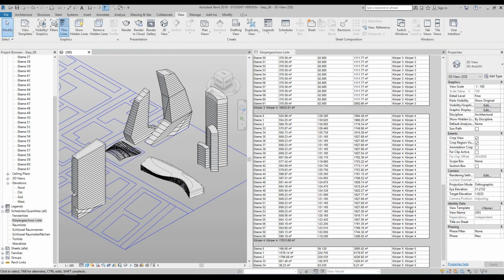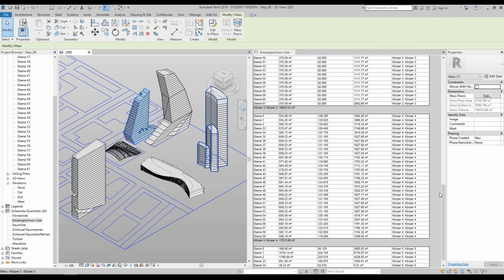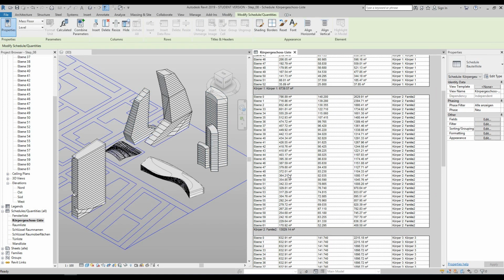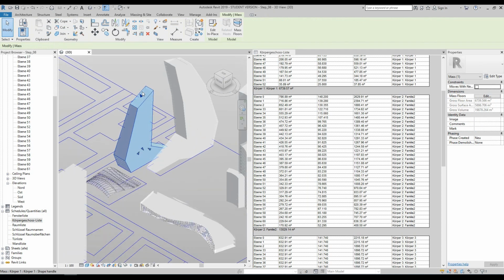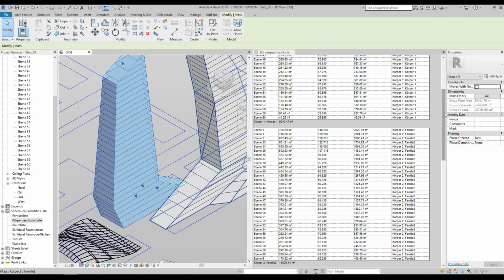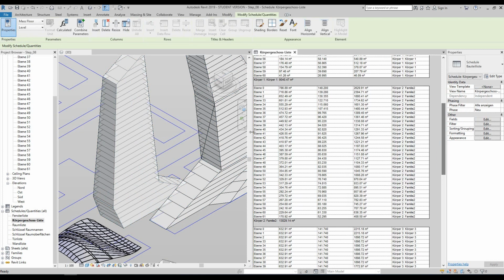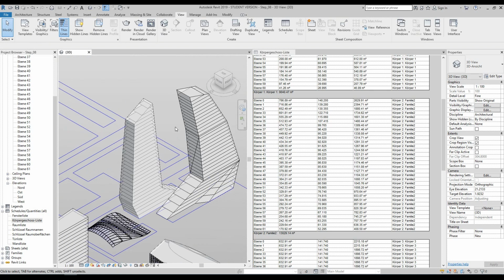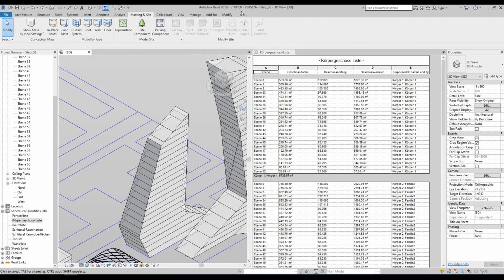Now what's really cool about mass floors is that you can add more floors by simply pulling the geometry. So this one here is mass 2, so if we find that in our schedule, which is the second one here, and if we were to get the pull handle and pull it up, we've added more floors, but also our schedule has updated and added more floors too. We don't want to do that for now, so if you press Ctrl Z to undo that,